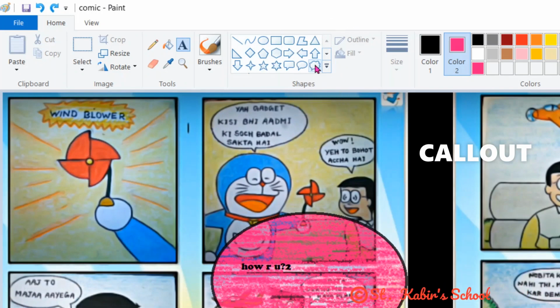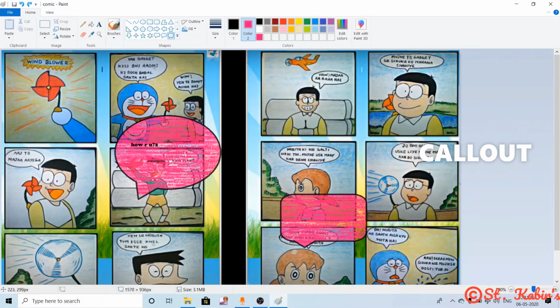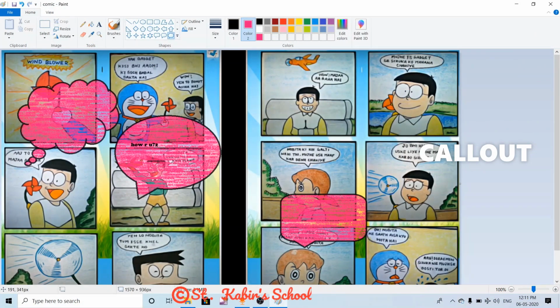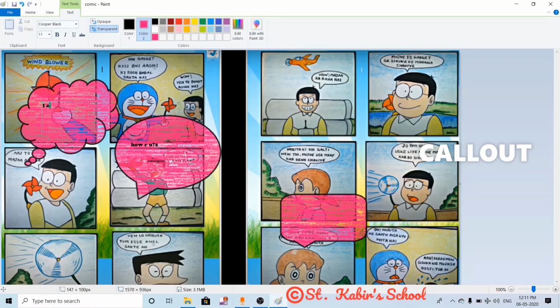Whenever you want to show a dialogue going inside the mind of a character, we will use cloud callout. Click here. Draw a callout and write a dialogue using text tool. So 3 types of callout are there: rounded rectangular callout, oval callout, and cloud callout.